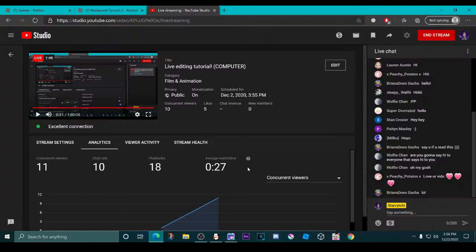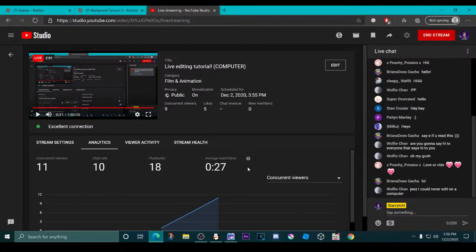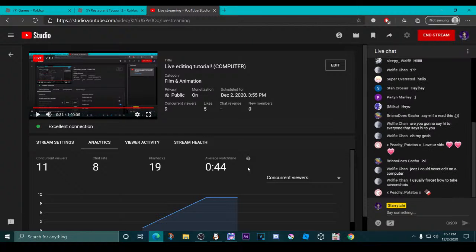You'll hopefully know how I edit. If you're not on a computer, I'm sorry, this tutorial probably won't help you at all, though you'll probably learn some keywords like parenting or anchor points, which can be used in Alight Motion, because I've used Alight Motion before. Alight Motion is probably the most similar thing you get to AfterEffects. That's the closest you can get to AfterEffects with the anchor points and all that good jazz. So no parenting in it, but it's the closest you'll be able to get to